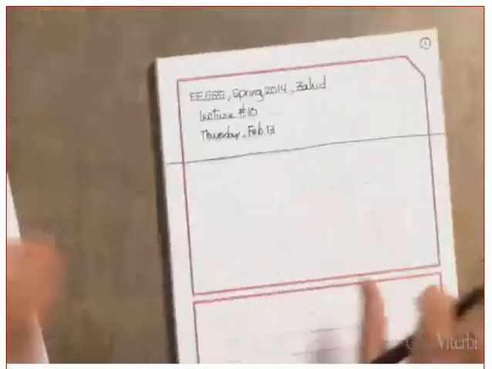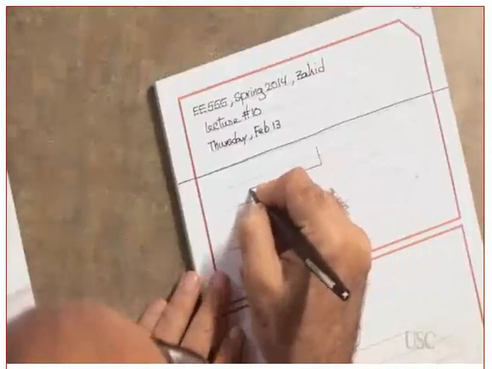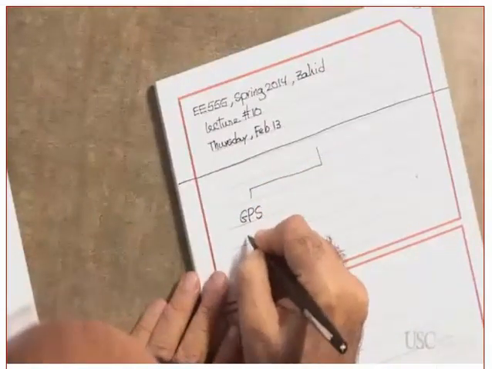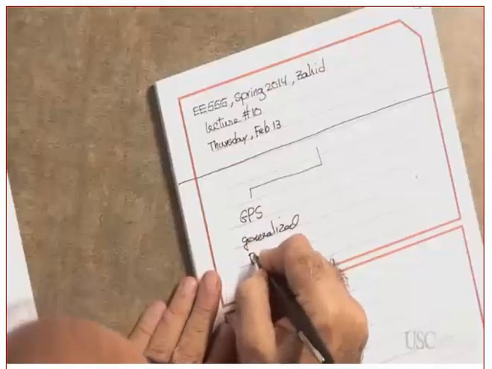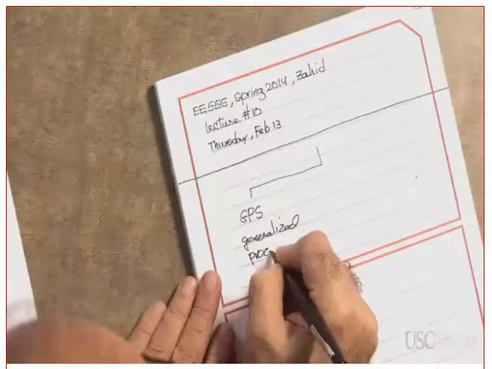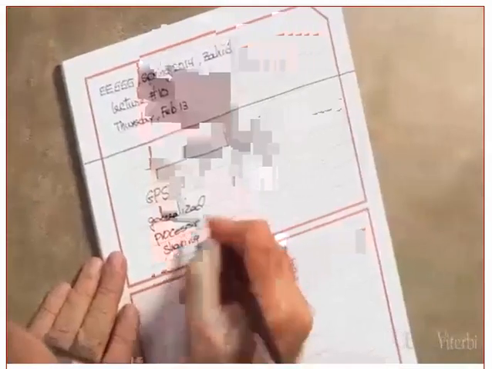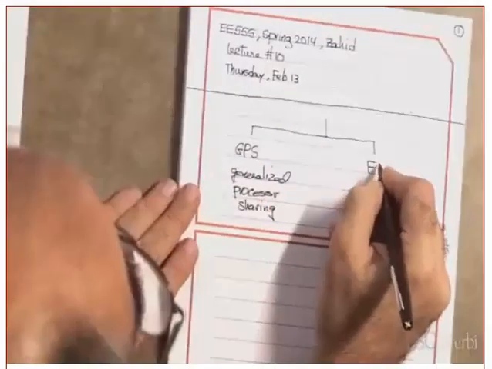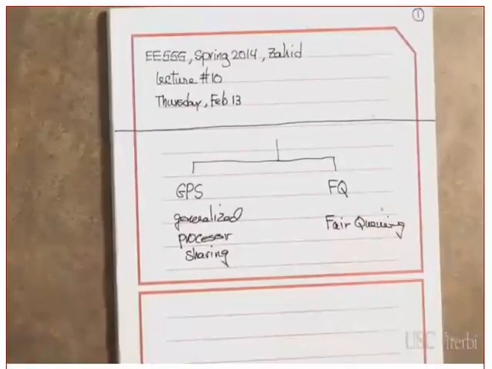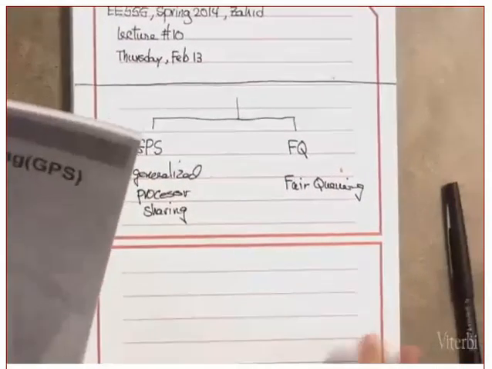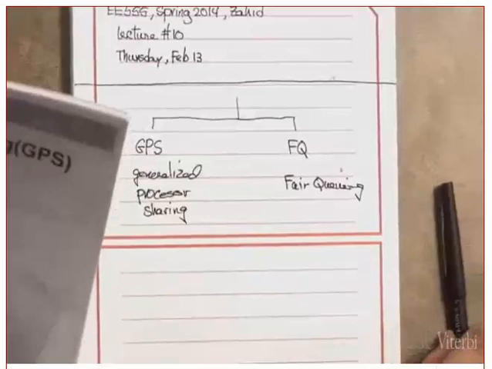We started looking at GPS, which is called the generalized processor sharing, and its approximation, which is called the FQ. FQ stands for the what? Pair Q. Let me give you also an example that I already gave the afternoon session, but we ran out of time in the morning session, so I need to make sure that you understood it. Let's review it quickly before I give you the example.